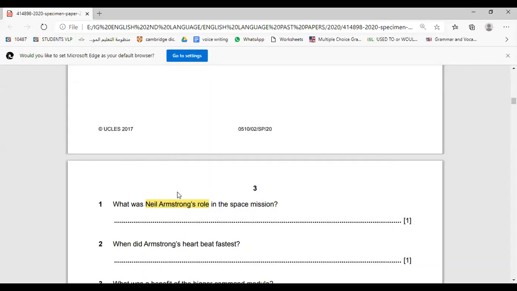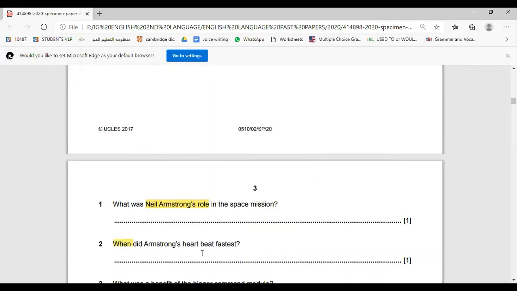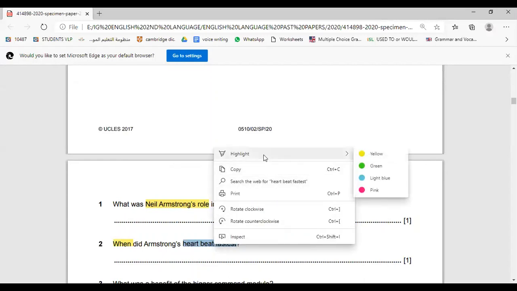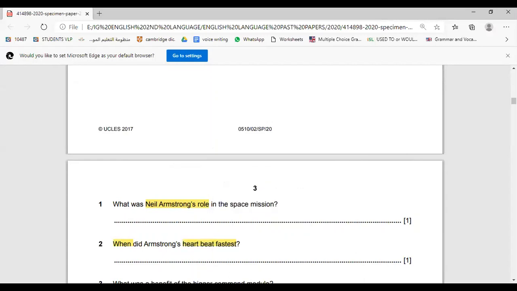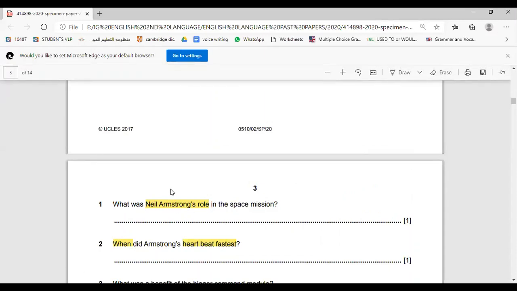So Neil Armstrong's role. Then, when did Armstrong's heart beat fastest? So when? I'm looking for time. This is important as well. Time. Okay, and when his heart beat fastest. This is very important here as well. Okay, now I'll go to the text and read it, trying to find something about his role or his job or the time when his heart beat